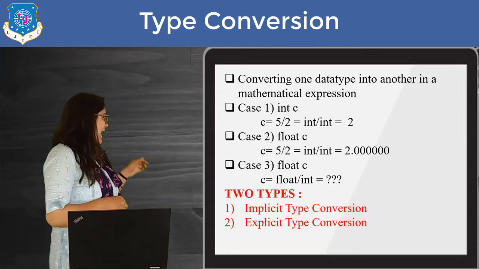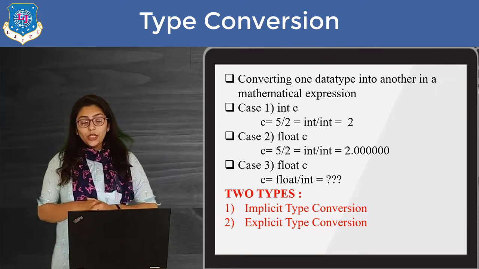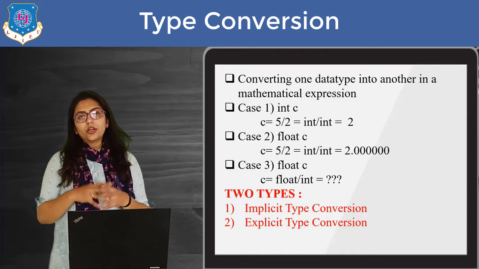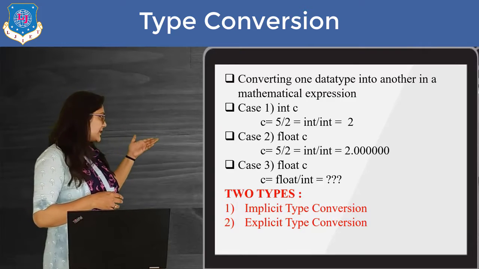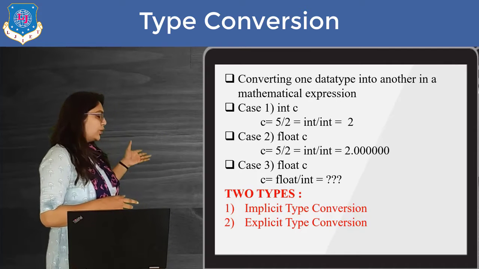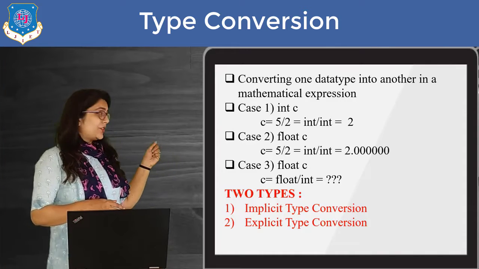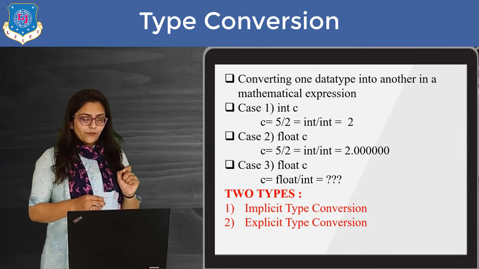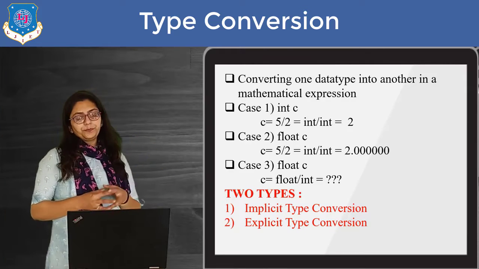So in first case I have divided 5 by 2 and storing the answer to c. You can practically implement this operation. You will see that you are getting answer 2. So you may tell that ma'am, we have declared c as integer, that's why it is giving me answer in integer. Let's see. So 5 is integer, 2 is integer, and its operation is giving answer as integer. So which is wrong answer technically, because here the correct answer is 2.5, but the 0.5 is just chopped off to some integer value 2.